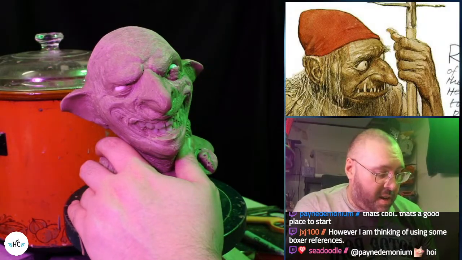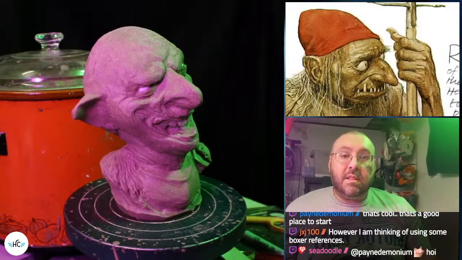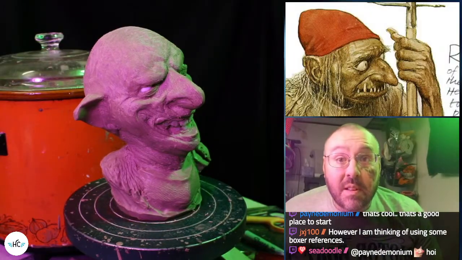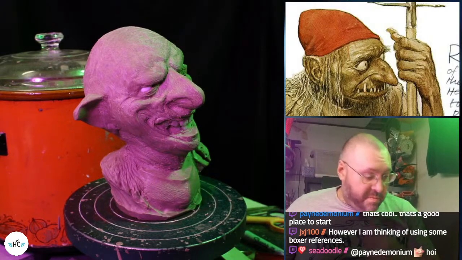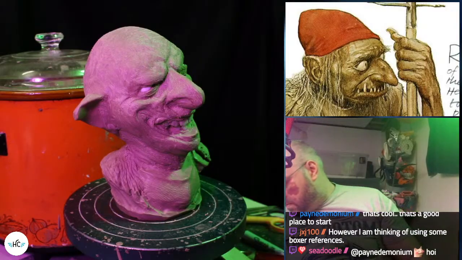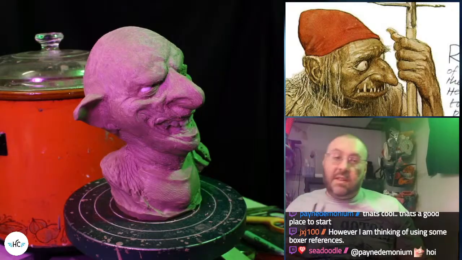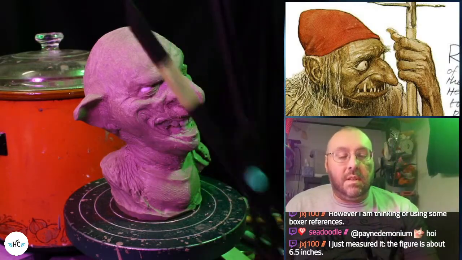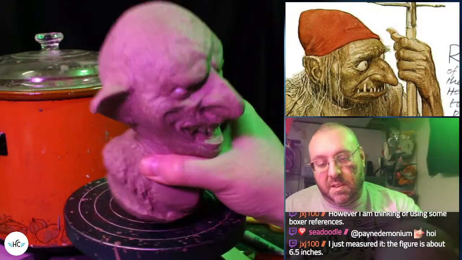If you have access to a real person that you can get to stand for you, even if it's just for general proportion, I really like these tools. This is a proportional divider.